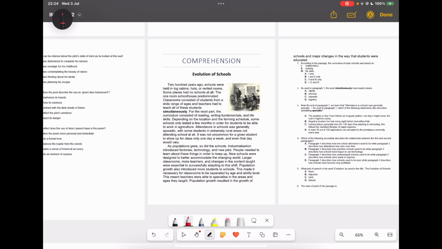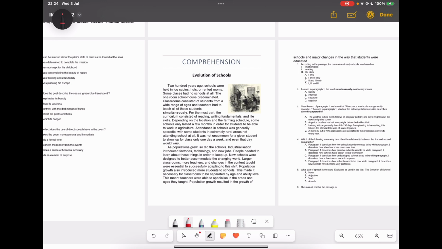It was reading, writing fundamentals, and life skills. So here it's not maths, so question 1 is going to be C, 2 and 3 only, which is reading and life skills. And then 2,